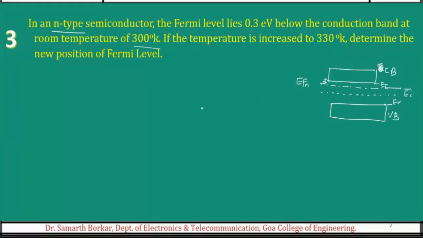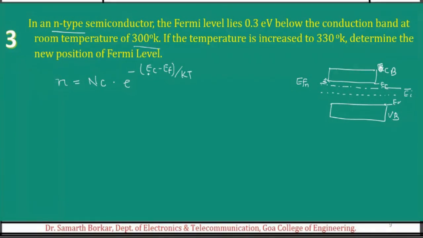Fine. Now, we have the value of N equals Nc e raised to minus of Ec minus Ef by kT. If I want to calculate the value of P, it will be Nv, the effective density of states, into e raised to minus of Ef minus Ev, the term. Now, in case of concentration of electron, this Ev term will not appear. We are least bothered about this Ev.